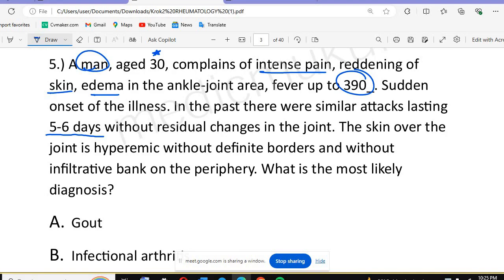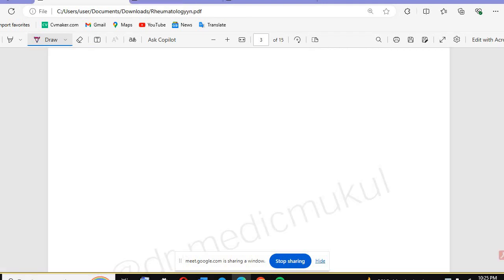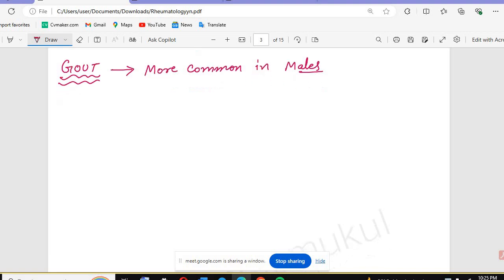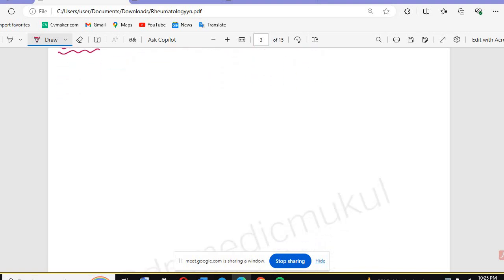Okay, so this is the question that we are going to discuss now. This is what we have been discussing about gout. Before the gout, we have discussed that this is more common in males. And if we talk a little bit about the biochemistry, you know that we would be having the